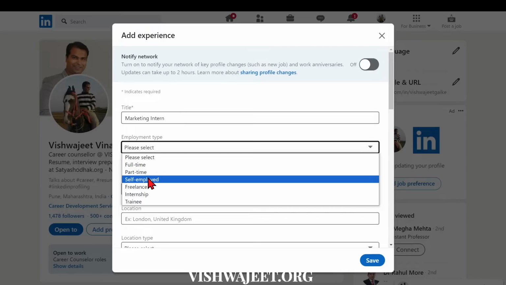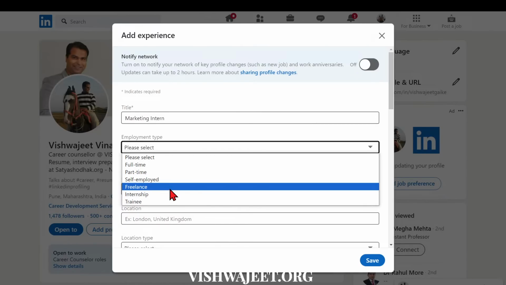Then self-employed, that means that you have initiated this job on your own and now they are just asking you to complete this task and giving no restriction to the timings. So that is self-employed. Then we have freelancing, kind of contract base. So in case you have any specific task, they are just paying you for that typical task. Once the task is done, you are all okay with that profile.